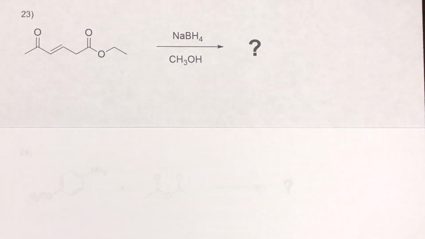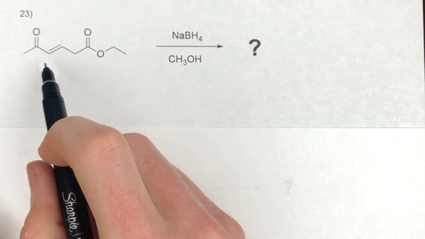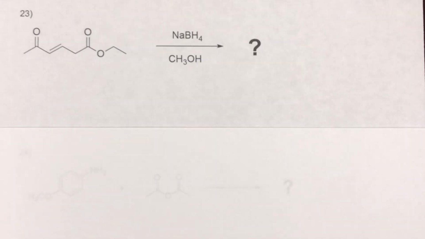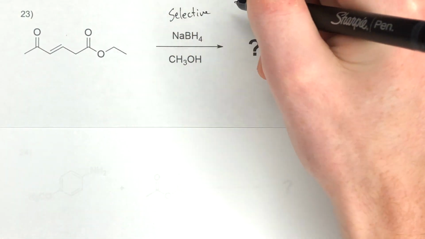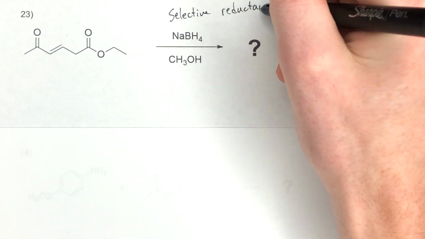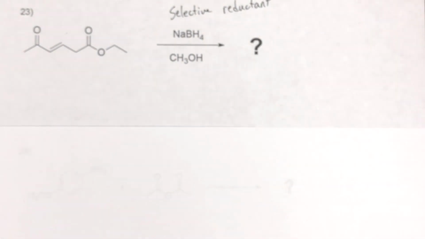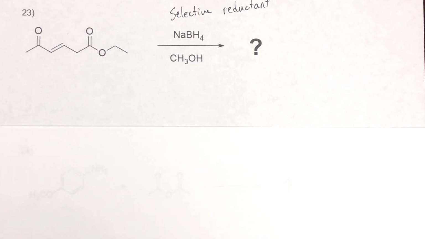All right, here we have another question, a new set of questions. And what we have here is an alpha beta unsaturated ketone and an ester. And we have sodium borohydride. So this is a selective reductant. It is not very harsh, so it's not going to reduce the ester, because esters are not that electrophilic, but ketones are relatively electrophilic. They're more electrophilic compared to esters. So because of that, we are going to get the selective reduction of the ketone, and that's what will happen